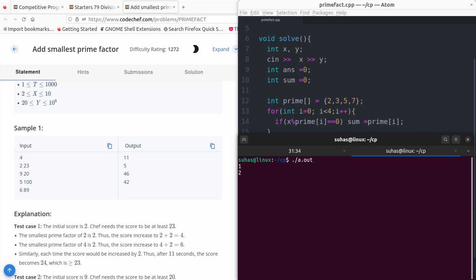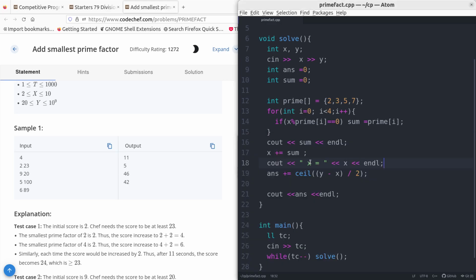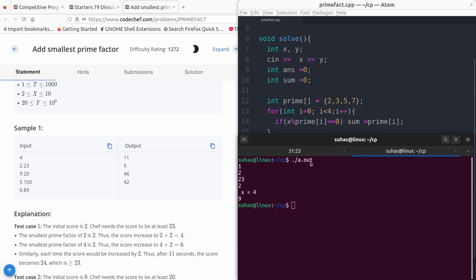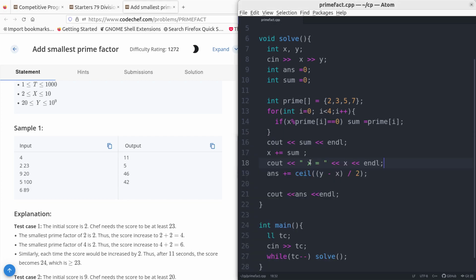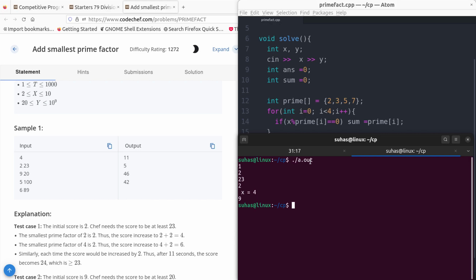For test case 2 and 23, prime is 2 and x is equal to 4. Then the answer is 9. If x is 4, the number to reach is 23. So we added 2 to the x already. Next we need to add 4, 5, 6, 7, 8, 9, 10, 11, 12, and so on. We need to keep adding. That is 23 minus 4, which is 19. 19 divided by 2 is